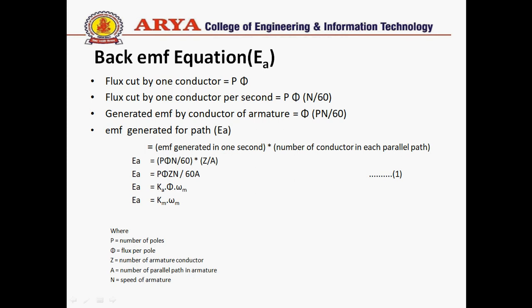When we put this in and simplify the equations, we find EA, that is the EMF, is equal to Ka phi omega m, and when we put Ka phi equal to Km, then EA is Km omega m. Omega m is the angular speed of the motor and Km is the torque constant. Ka is another constant which is equal to PZ